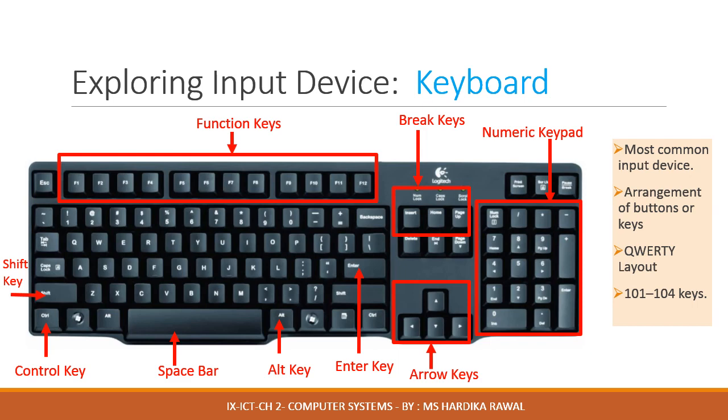The function keys are seen above the number keys horizontally. These are used for specific functions as defined by the computer and the software used. The arrow keys show the direction and are used to move the cursor. On the right end of the keyboard is the numeric keypad. This can be used to work with numbers and mathematical symbols. There are special keys like Shift, Delete, Backspace, Insert, Home, etc.